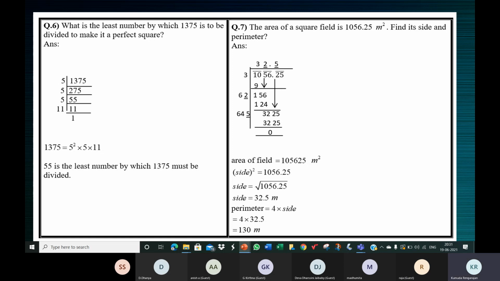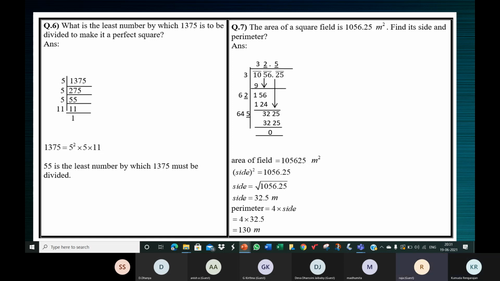So what did you get? Oh, I think you wrote 5 to the power 3 and you took that as it is. Did you write 5 to the power 3? No, ma'am. Okay, so tell me, how did you express it as a product of prime factors? 5 squared into? Ma'am, 5 squared into 2 into 3 into, sorry, ma'am, I wrote it in the wrong order. No problem, order is not important. Even if the order is not correct, you will get the same answer. Yeah, tell me.